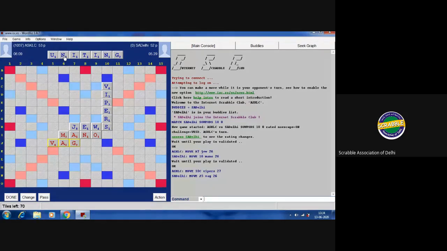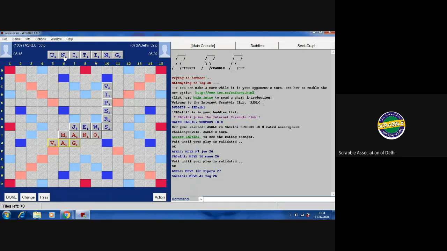So a good way to identify bingos is you take the prefix. In this case, we had a U and two Ns. One N went into the ING, the second N was left, so you get UN. You put it in the beginning, you put the ING in the end. What is left in the middle? Try and shuffle that and see whether you can come up with a bingo. So that's how you go about trying to identify a bingo.